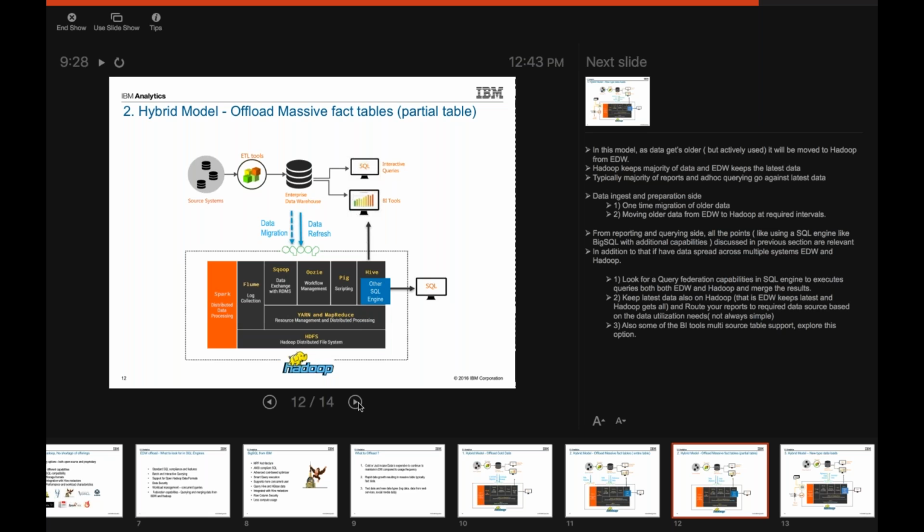Except that you don't have to go against your source systems, right? You can do a one-time data migration of older data and move it from EDW to Hadoop at required intervals. It could be a monthly interval or a quarterly interval. You can do it. In addition to some of the patterns discussed earlier,